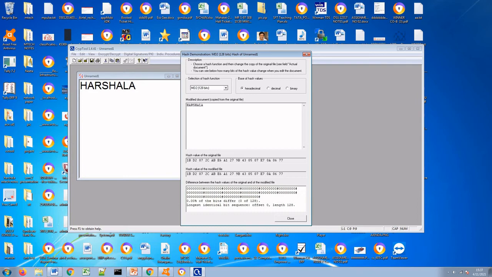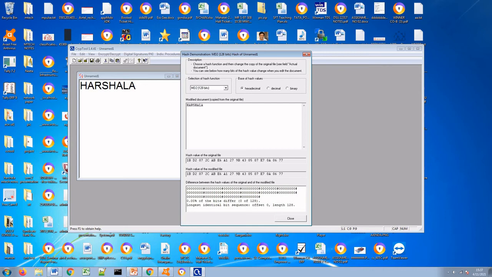You can see 1B, D2, 07, 2C, AB, E6, A1, 27, 9B, 43, 05, 07, E7, 0A, 06 and 77. Both hash values are the same, with 0.00% of the bits differing. So there is no bit difference between the original message and the modified message.